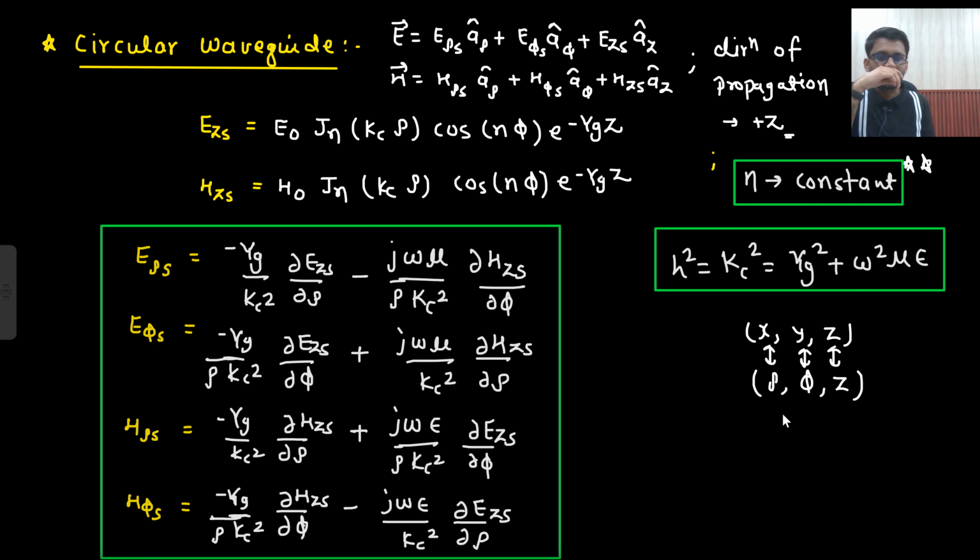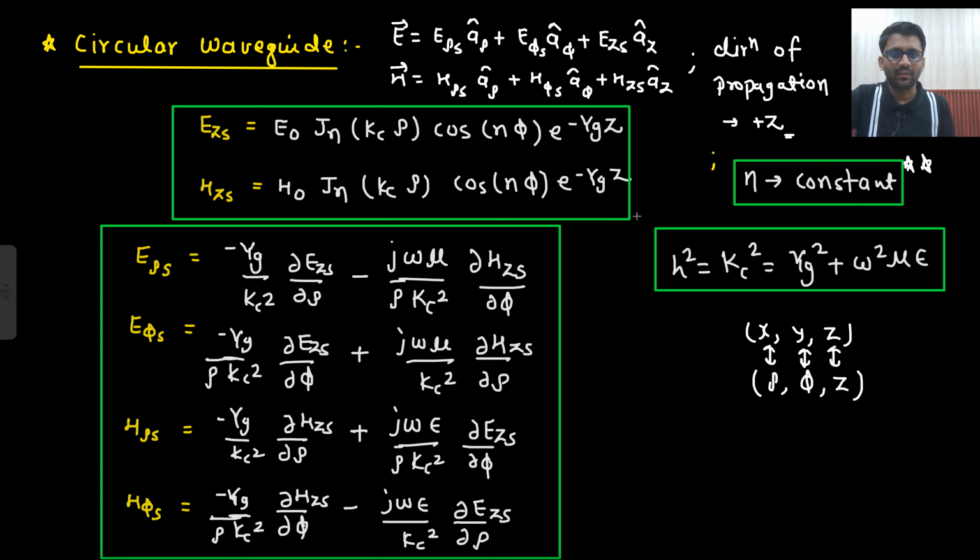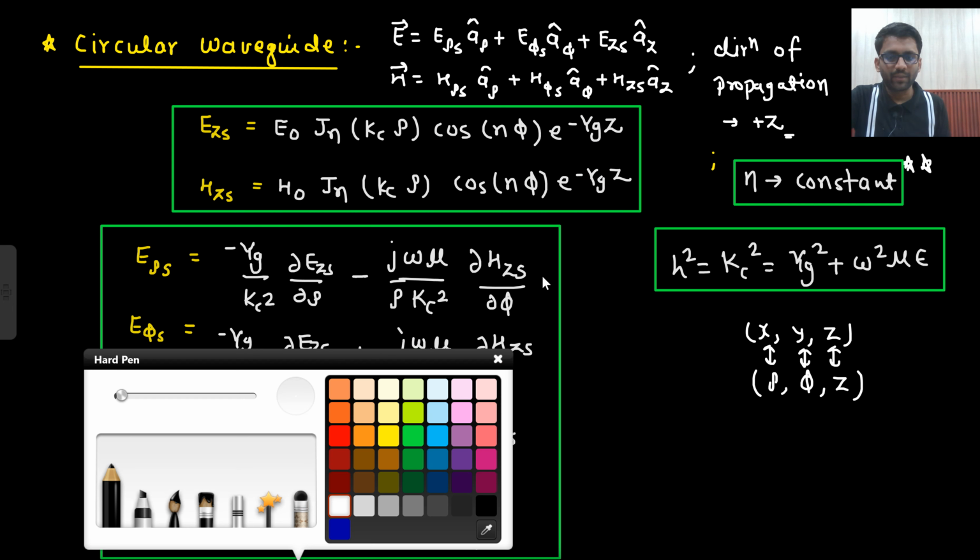These will be the components, because here the coordinates are rho, phi and z. There the coordinates were x, y and z. So for a circular waveguide, the components will be rho, phi and z. So this was the error from my side, which I have corrected. Okay, so these are the E rho, E phi, H rho, H phi components, and these are the Ez, Hz components. This you need to keep in mind,